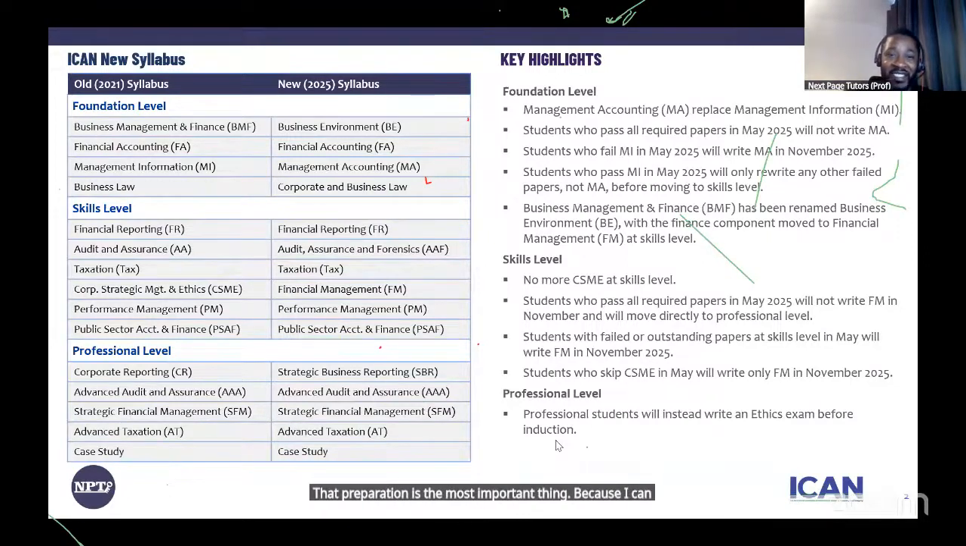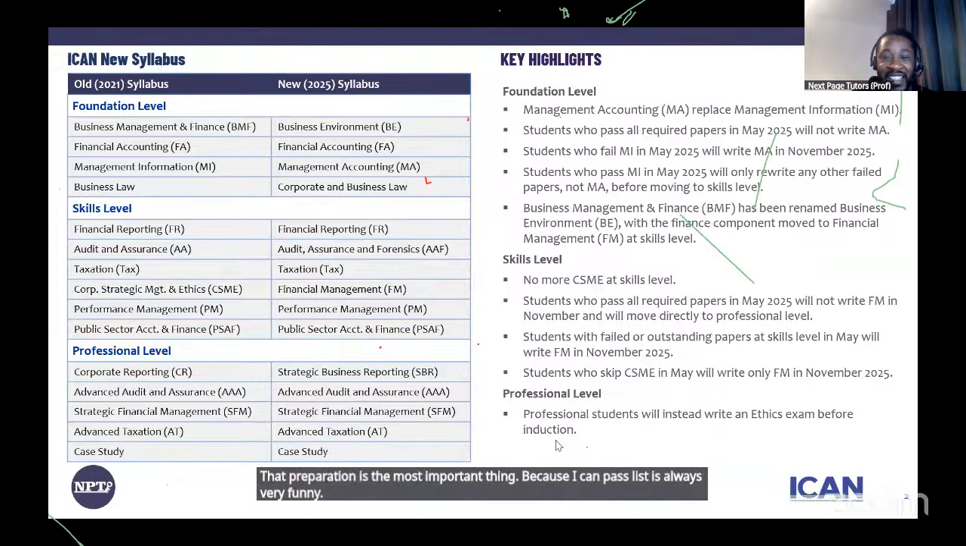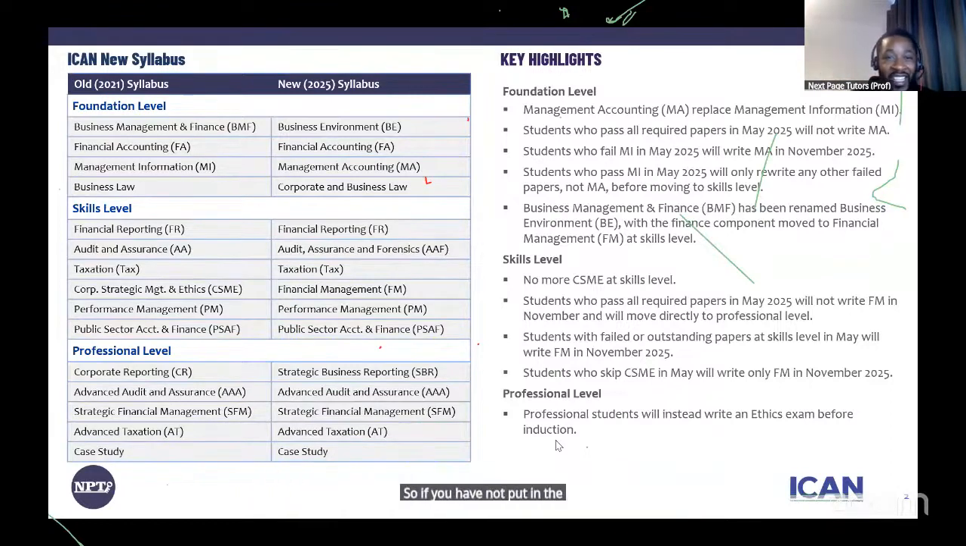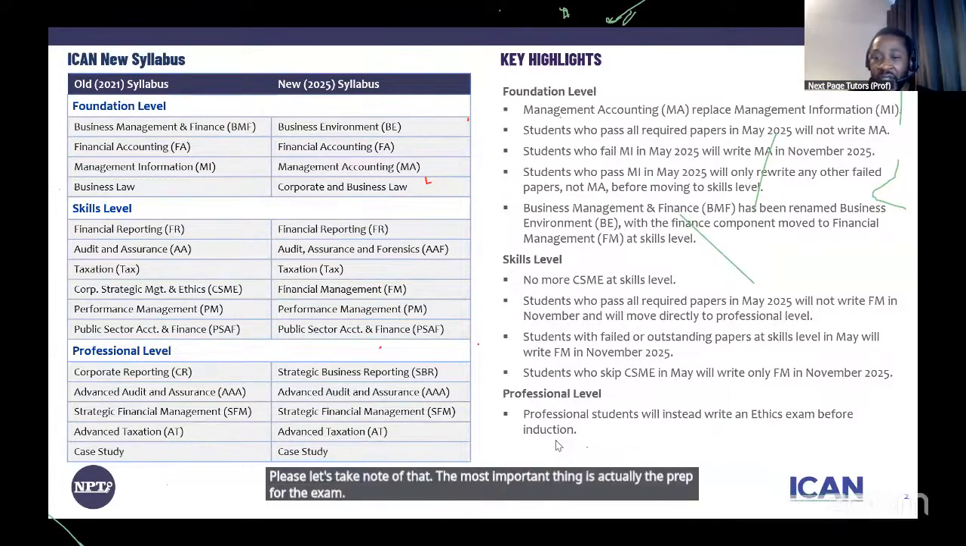That preparation is the most important thing because ICAN pass list is always very funny. So if you have not put in the preparation, it always shows. Please let's take note of that. The most important thing is actually the prep for the exam. Okay, so